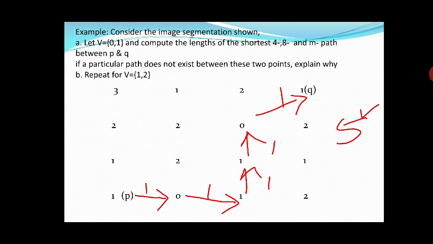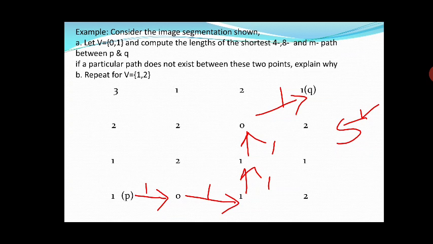In the coming class, we'll see with the values of V changed. I hope in today's class the traversal of the path is clear. Just I made a change to 1 and 2. Earlier V was 0 and 1.